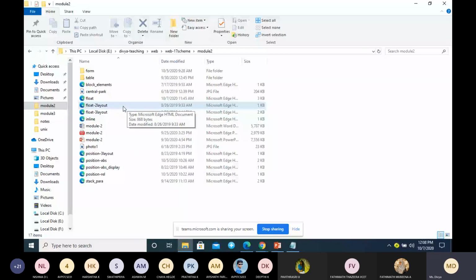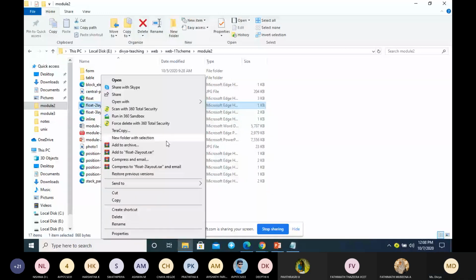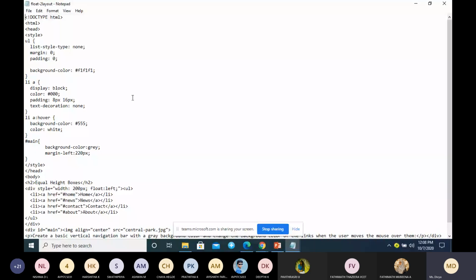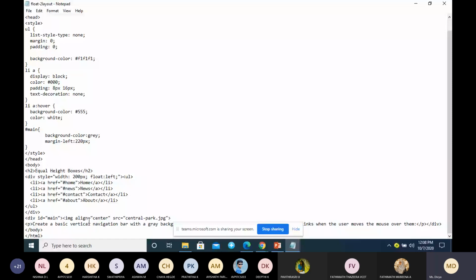What we have done is, this is for a 2 column layout. Here I have a heading, and after that a menu bar in a div, for which I have given float left. Similarly, I have an image here in one more div.